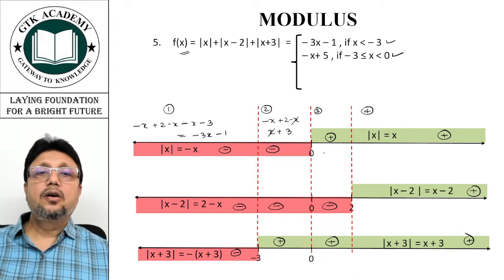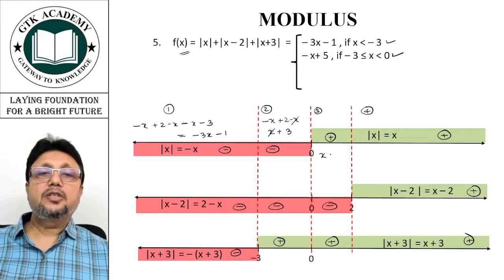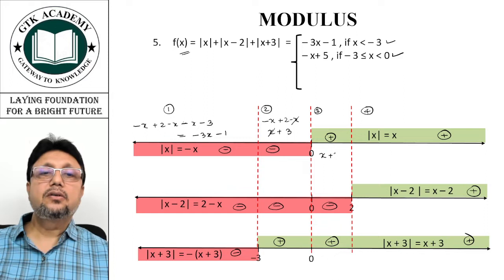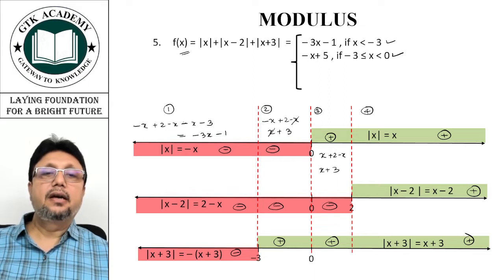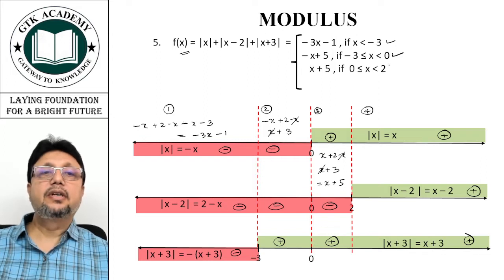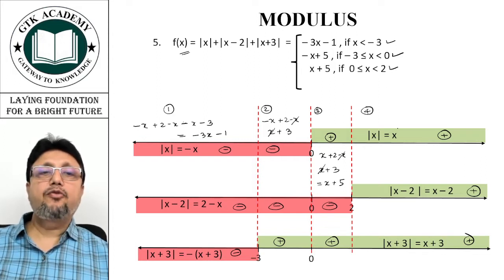In the third region, |x| will be x, |x − 2| will still be 2 − x, and |x + 3| will be x + 3. Here these x will get cancelled and this will be equal to x + 5. So we have written it here. And in the fourth region,